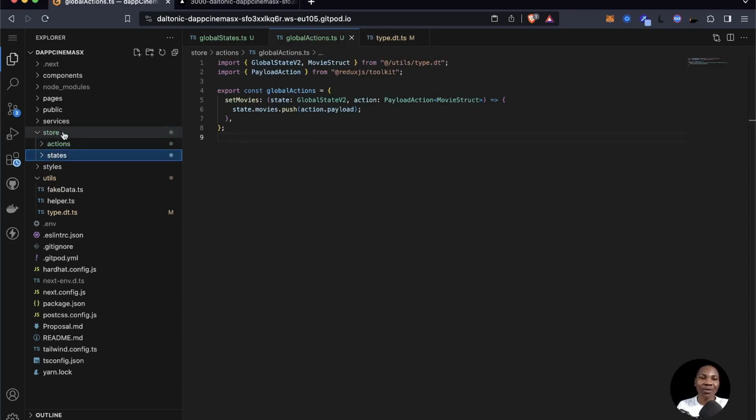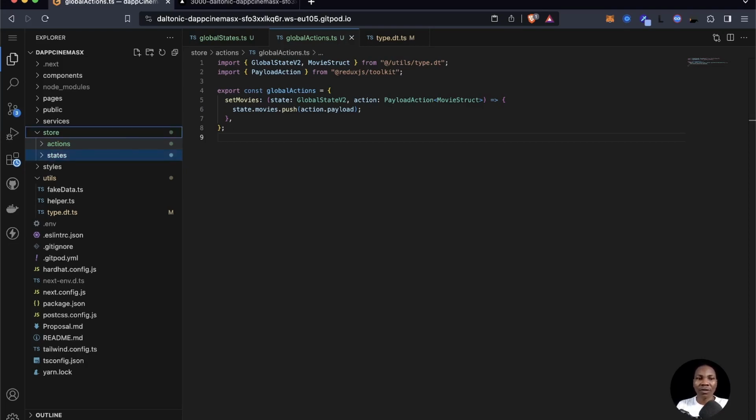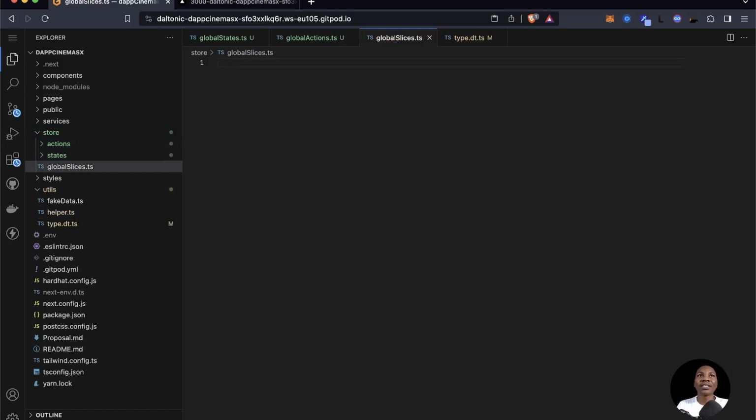So the next one that you need to do is to create another file, call it global slices, or global slice. Let's call it global slices dot ts, this TypeScript, okay? So inside these global slices, take note here that I didn't put it inside any one of these folders except in the main store folder. Okay, so